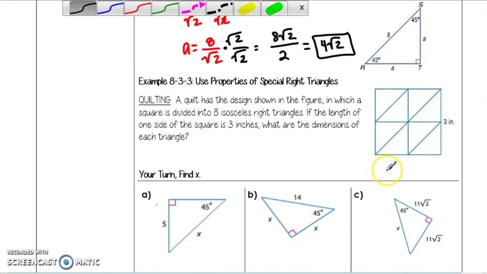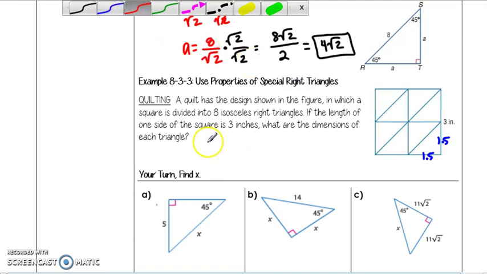All right, we have a quilting example here. And it looks like it wants us to find the dimensions of each triangle. Each of these is an isosceles right triangle. So if this whole side is 3, then that would mean that this part would be 1.5, this would be 1.5, and then we can find our